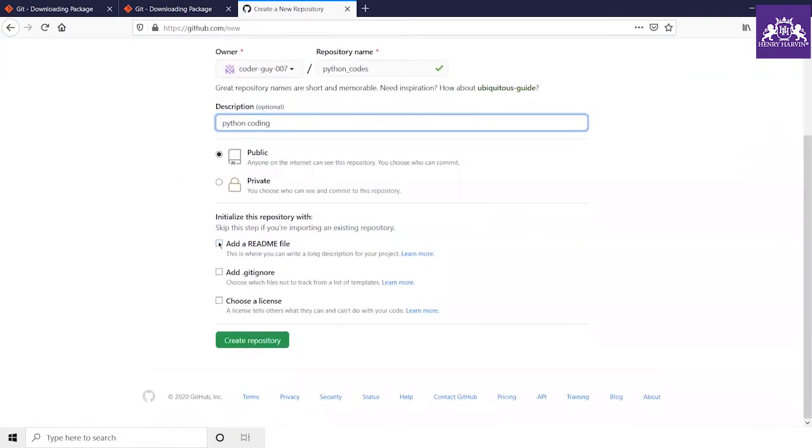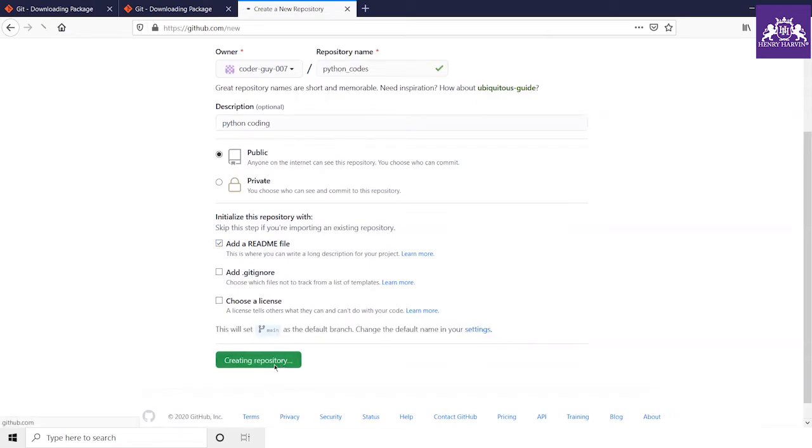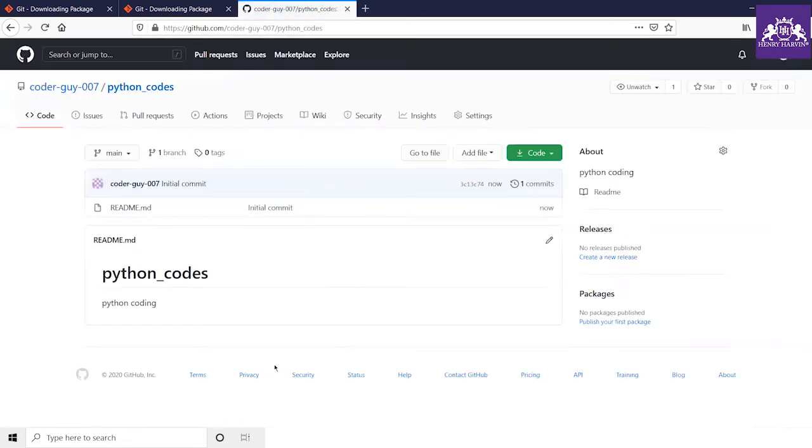Make it public. I recommend you check the box to add a README file, and click on create repository. Then wait for a while, it will create a repository for you where you can upload your Python projects, and you can connect with your friends also, or the members with whom you are creating your project.